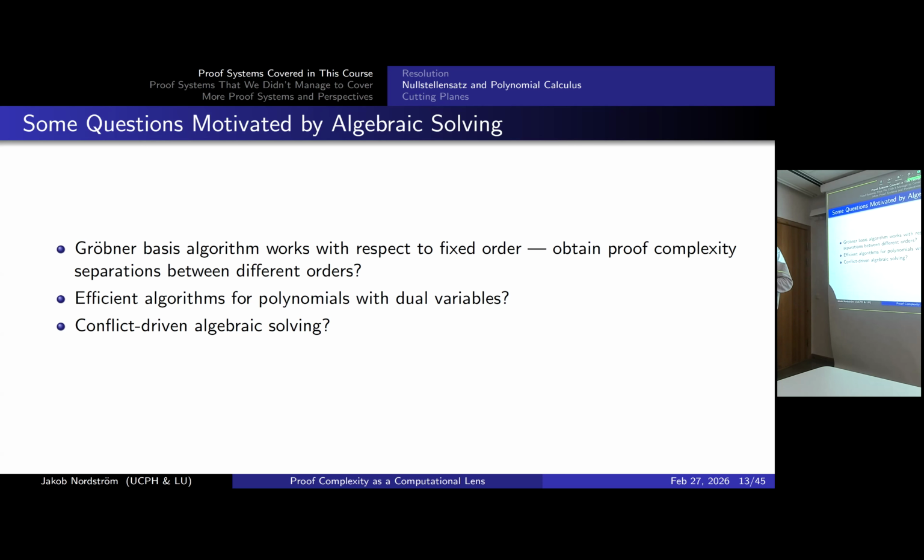I think this is a very nice question, whether it would be somehow possible to take a Gröbner basis algorithm but make it aware of dual variables in some way, and see if this actually leads to exponential speedups. There are papers that actually show that when you do this, even in a somewhat hacky way, then you can really get performance improvements. And another favorite question, since I'm coming from the SAT side, is